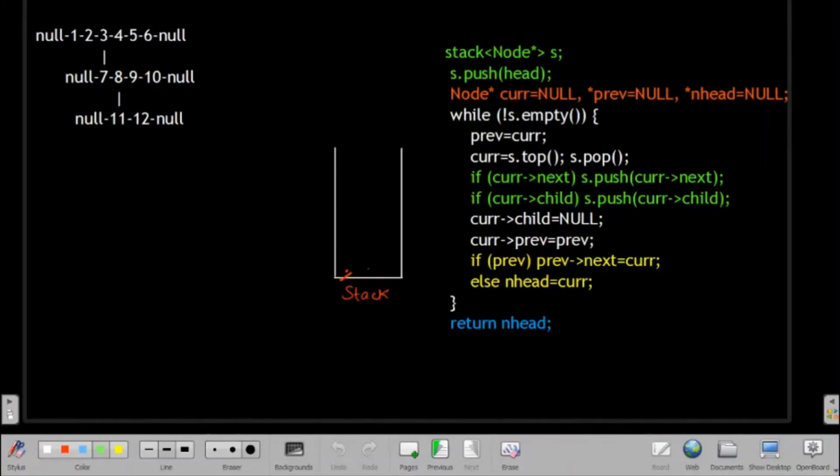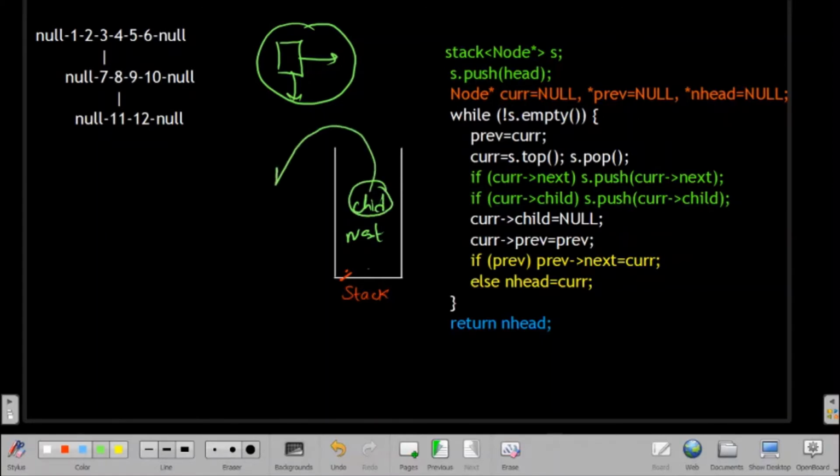So we will use a stack. What we will do, first for a particular node we will see if we have a child node or not. We will see if we have a next node or not. If we have both, for any particular node, we will first insert the next node, and after that we will insert the child node, because from the stack we will remove the top element.